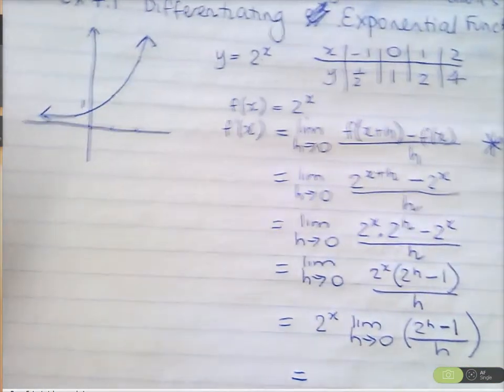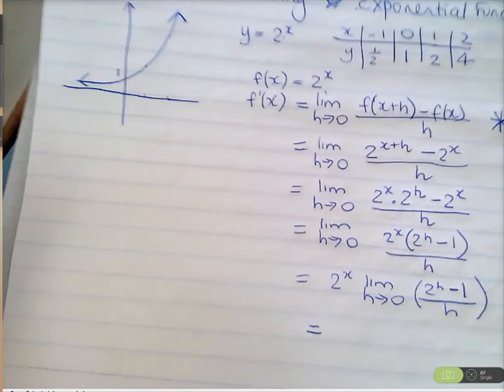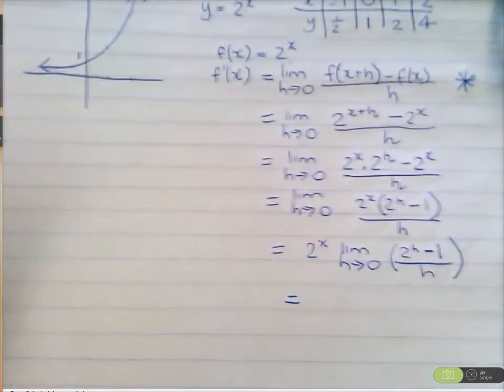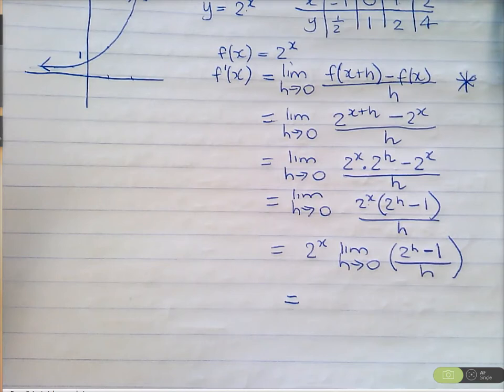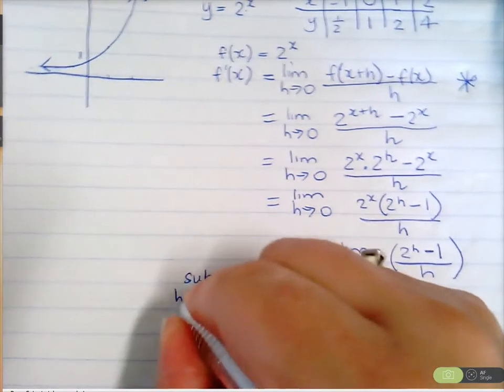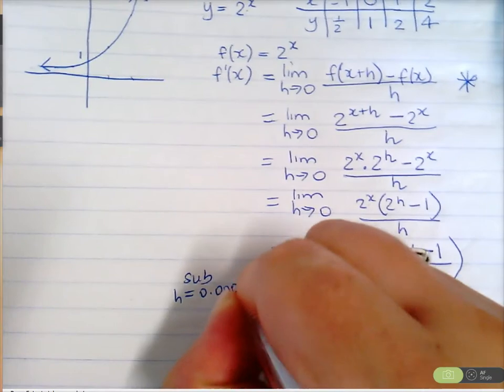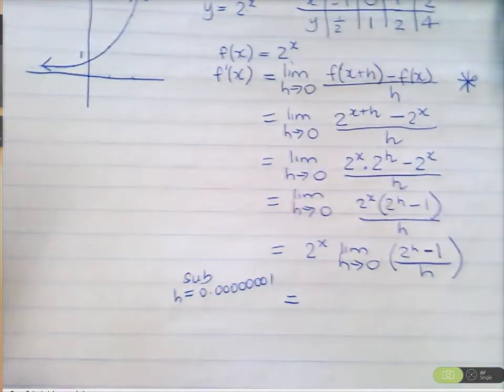Now, I can't substitute 0 into that because it would be undefined. So what you do, I want you to put a really nice small value of h. Can I have someone do, let's do 0 point, put 7 zeros and a 1. So let's just sub h is 0.0000001, 7 zeros and a 1, into